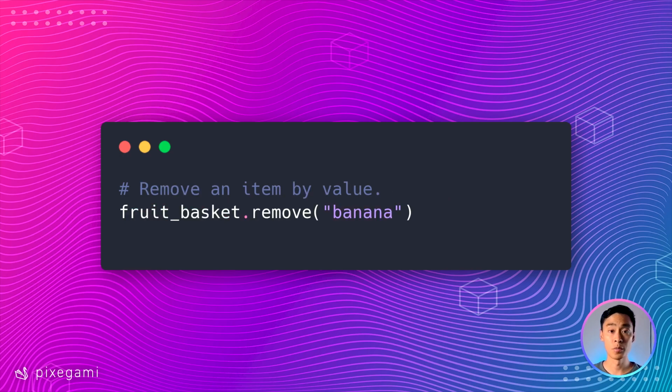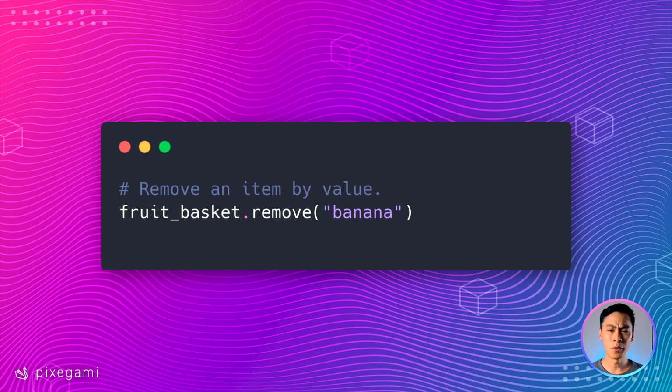You can also remove items from a list, and there's several ways to do this. One of the easiest ways is to use this inbuilt remove method, and then in there you put the value of the item you want to remove. So what will happen is it will go through the list one by one until it finds that item. The first time it finds that item, it will remove it from the list. So if you have multiple instances or occurrences of that item within your list, it will only remove the first occurrence.